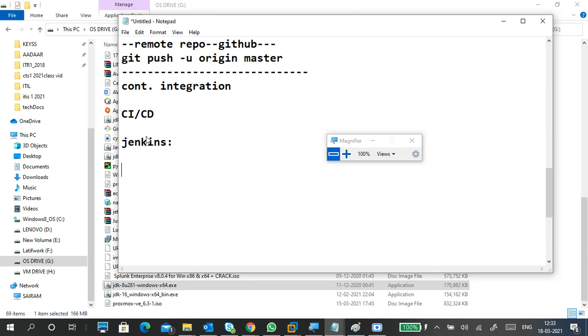Why is Jenkins famous? Because Jenkins supports a lot of plugins. Thousands of plugins are there for Jenkins.